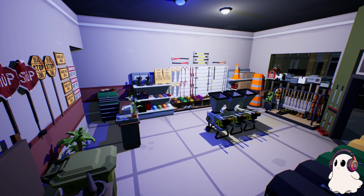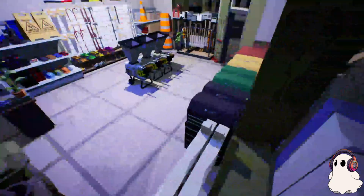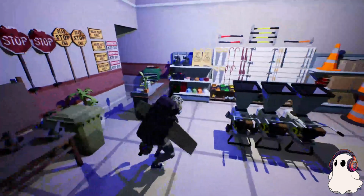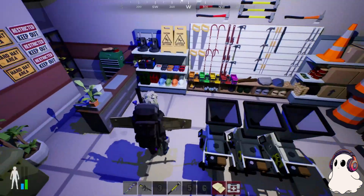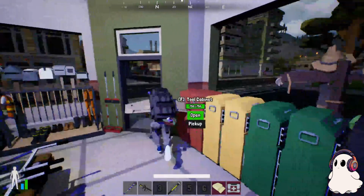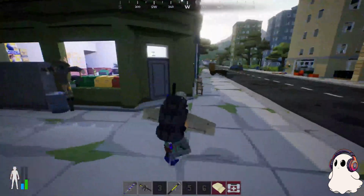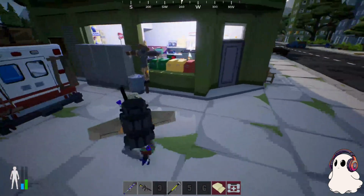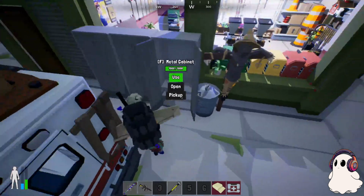Okay, guys, and the store is done. I think it looks okay for the space that we had. I probably could have used a few shelves, but not too bad. So very much when you walk in, when you're out here, I'm probably gonna add another bench, maybe right here. It's gonna look a little crowded, but I definitely wanted to display some of the metal shelves that you can open,